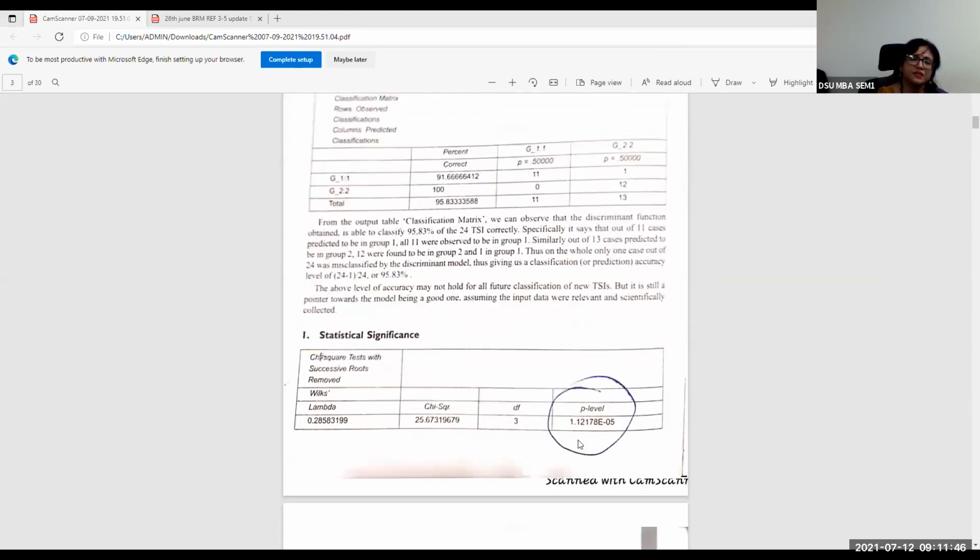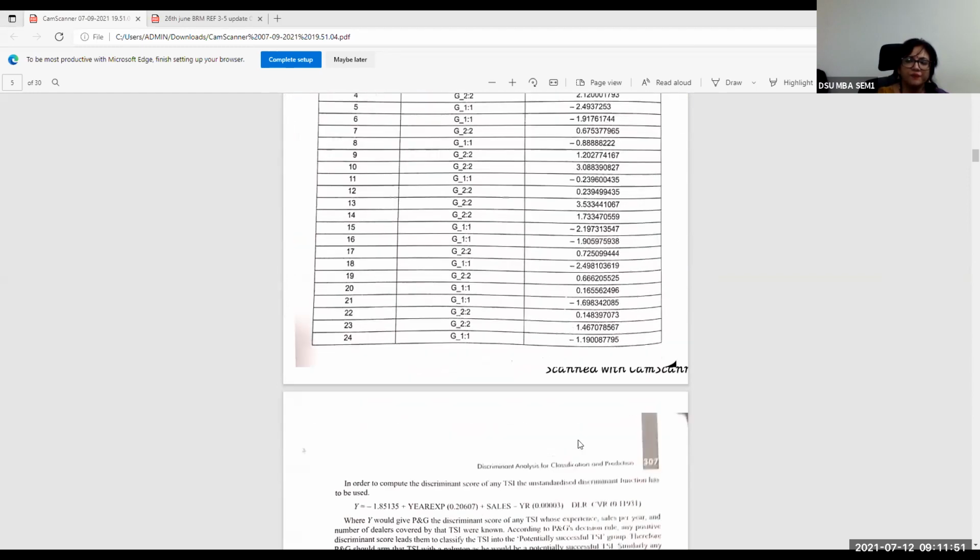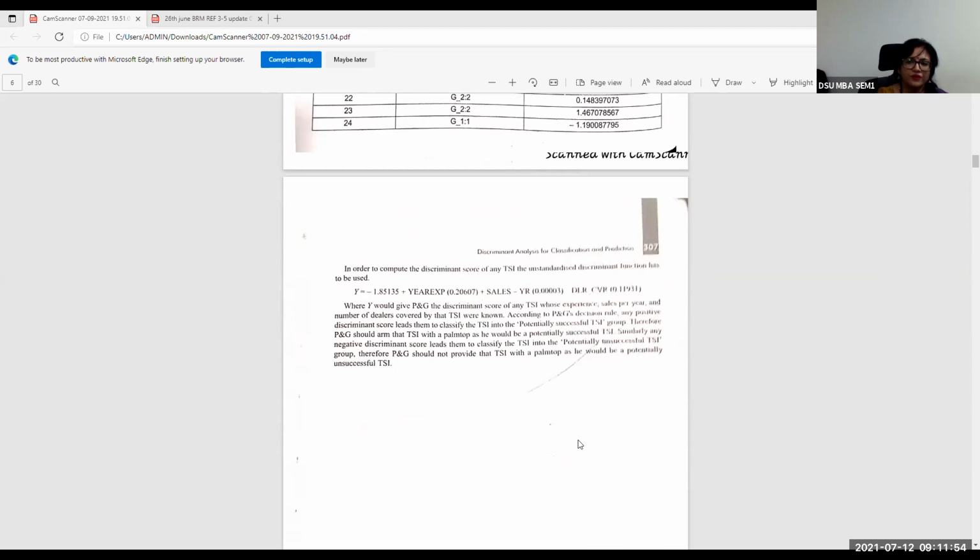And what we found out is that there was a discriminant function from which it was able to classify the object, in this case the respondent of interest, who is a TSI. Each respondent in the data set would have a discriminant score to classify them into either the group of successful TSI or unsuccessful TSI. If the discriminant score was more towards the first category, that is, if it is 1, it would be classified as an unsuccessful TSI, and if it was 2, it was going to be classified as a successful TSI.